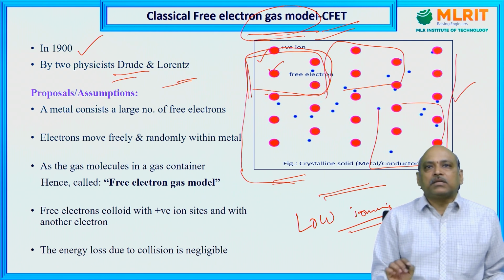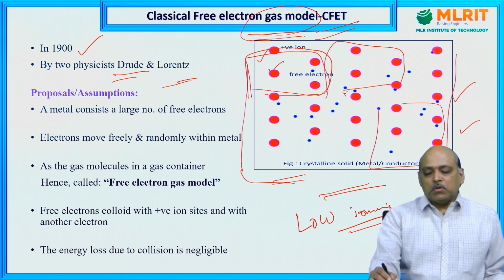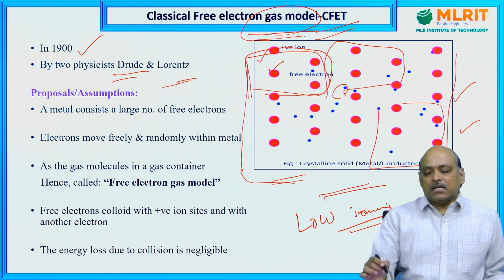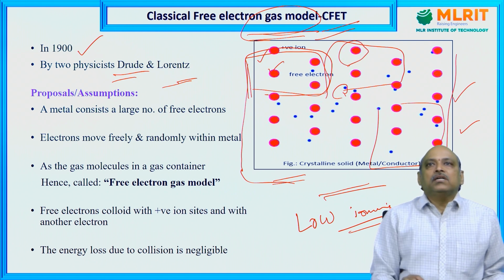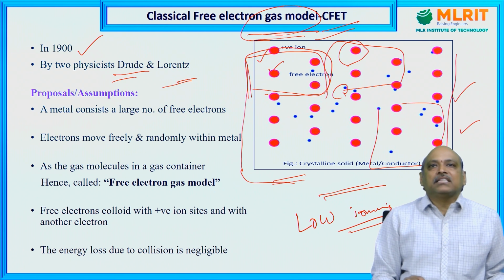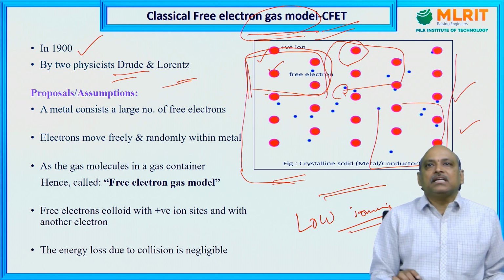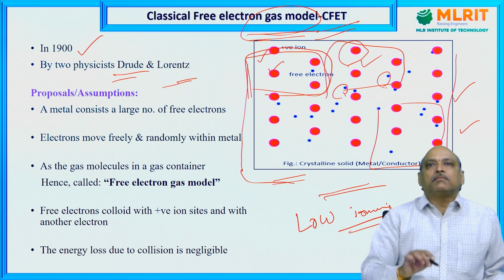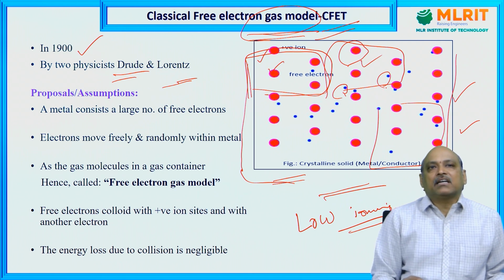In general, at room temperature itself, the atoms in a metal will release electrons. The blue circles I have drawn here are called electrons, and the big circles are nothing but the ions. By losing the negatively charged electron, the atom has become an ion, and all these blue dots are what we call the free electrons.